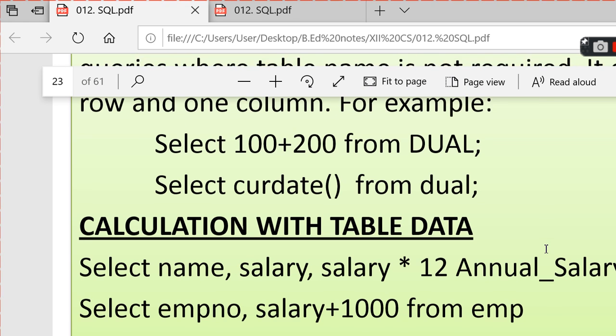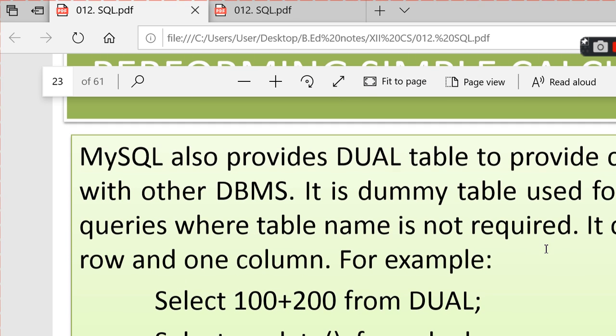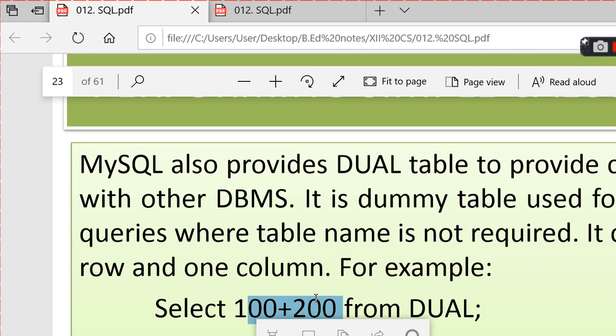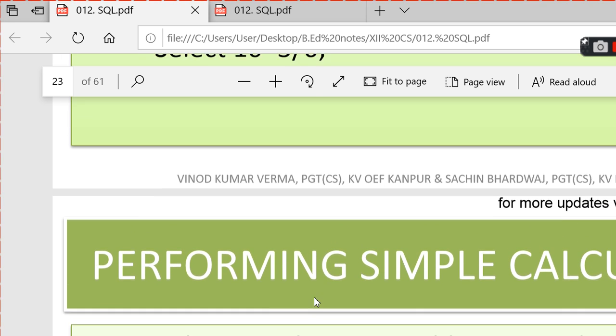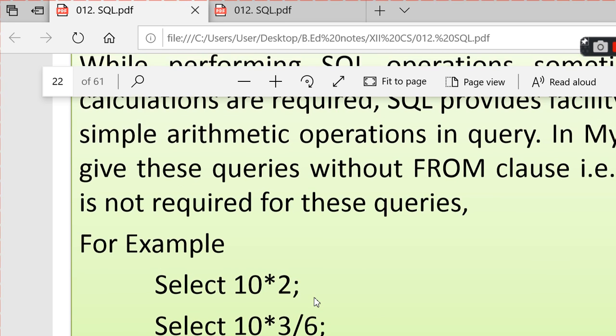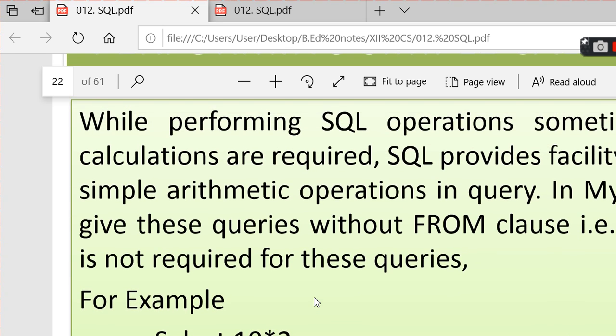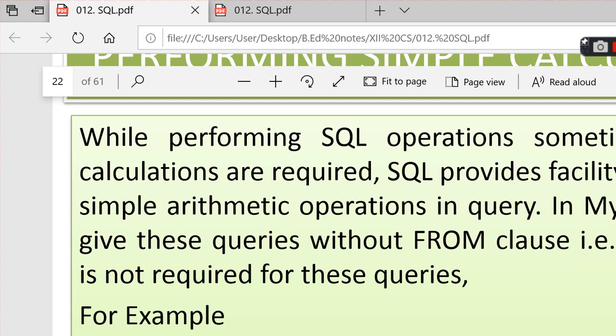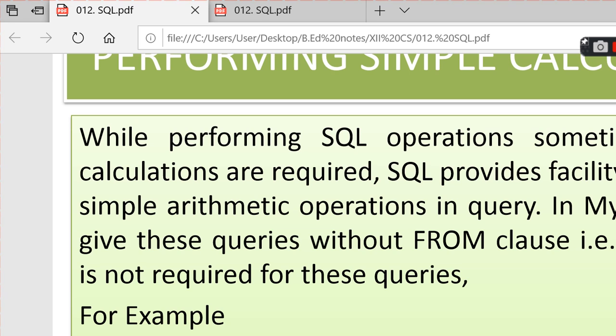So in updation you can do so many things. For example, if you want to select current date or date of birth, whatever, from it, you can do that, and you can make any of the calculations also. So if you see here, addition of two numbers also can be done. You see here, select operations can do all the multiplication. Select 10 into 2, 10 into this particular number. Suppose